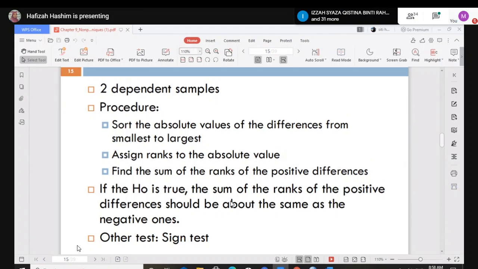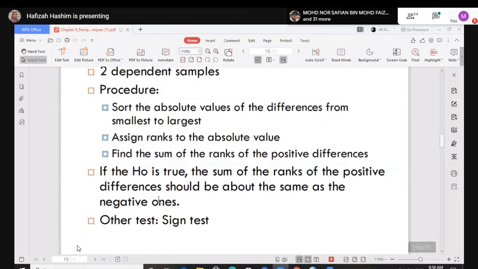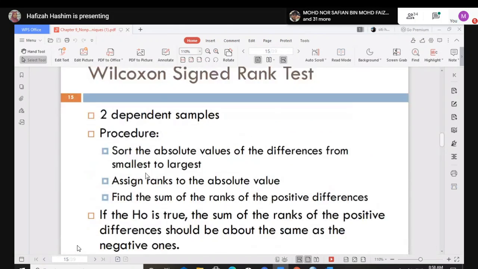For other tests, you can see from the sign test. Okay, this one for the sign test, the hypothesis says that the median of the differences in the pairs is 0. The test statistic here is the number of positive differences. If H null is true, then the number of positive and negative differences should be approximately the same. Almost the same, class. The Wilcoxon sign rank test.